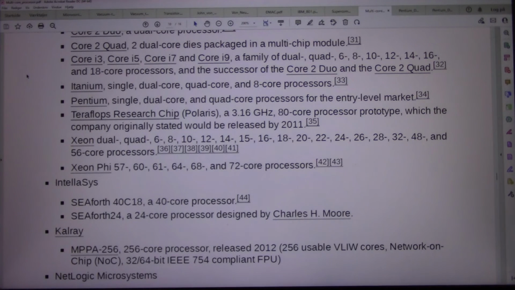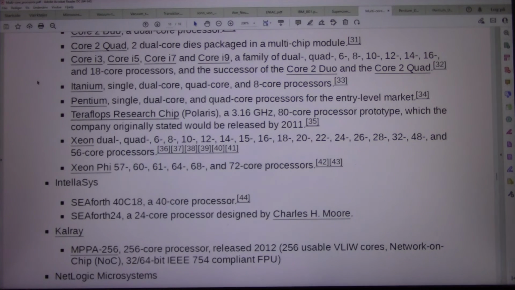32. Itanium, single, dual-core, quad-core, and 8-core processors. 33. Pentium, single, dual-core, and quad-core processors for the entry-level market. 34. Teraflops Research Chip, Polaris, a 3.16 GHz, 80-core processor prototype, which the company originally stated would be released by 2011. 35. Xeon, Dual, Quad, 6, 8, 10, 12, 14, 15, 16, 18, 20, 22, 24, 26, 28, 32, 48,